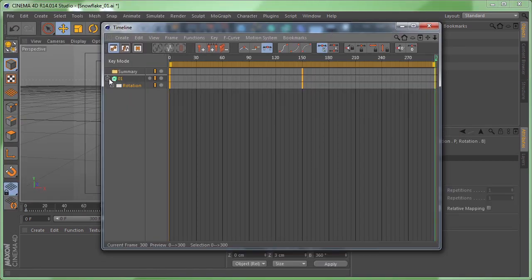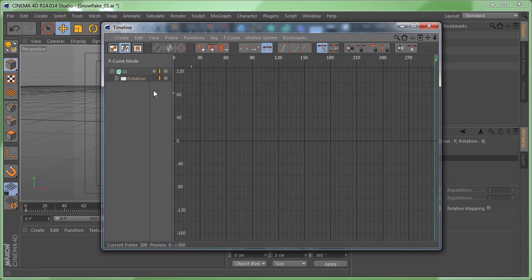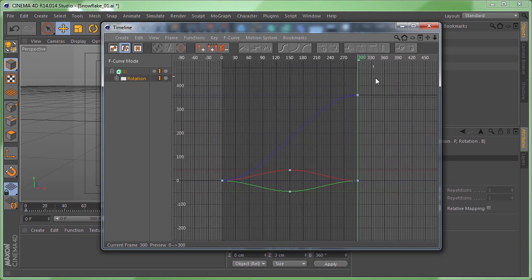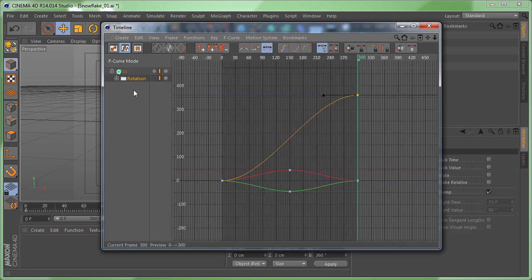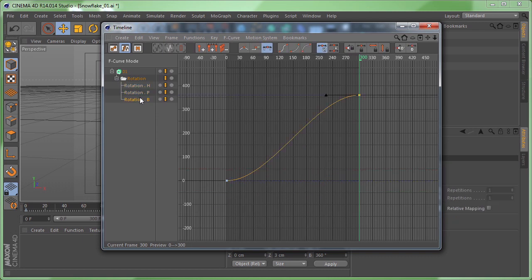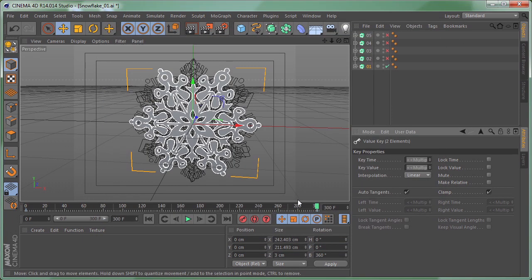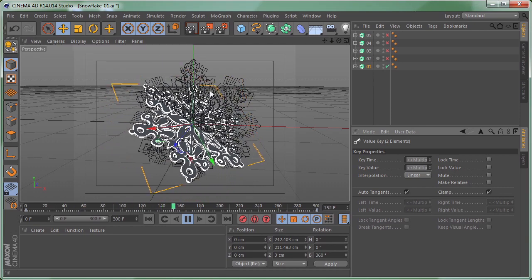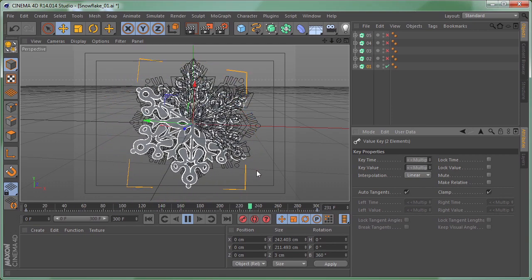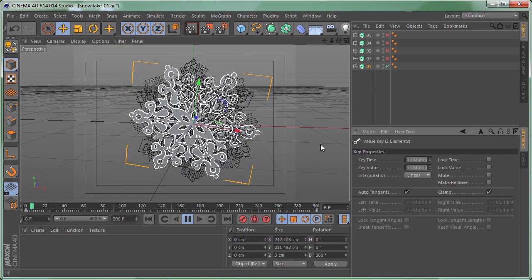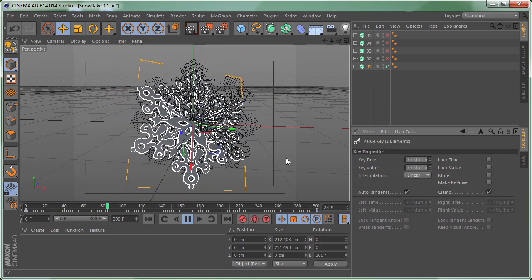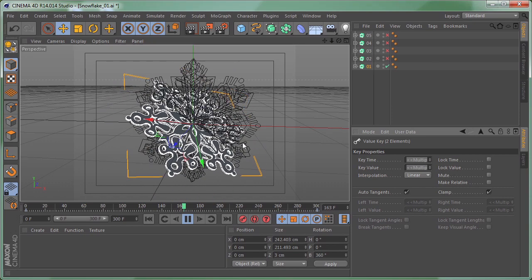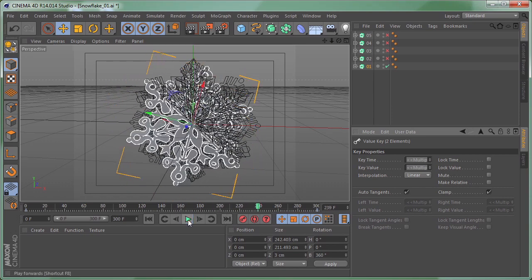We need to select this and go to curve mode so we can see the curves, and this one is the curve that we need to make linear, because if we leave it like so it's going to start slowly to start rotating on the z-axis and slowly stop, which is something that we don't need. And as you can see, this is how the first animation of the first snowflake looks like. So we can stop this